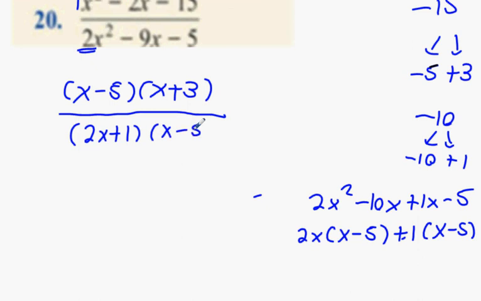And what happens next? Cancel the x minus 5s. And what's the answer? Who got that? Alright, good job, Mosey. Alright, good job. Okay, so